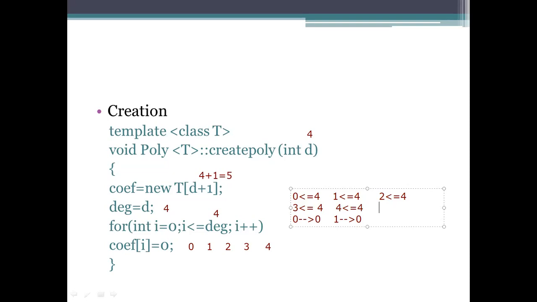After that, 5 less than or equal to 4, which leads to the failure of the condition. Then what happens? It won't consist of any data here. So what is it doing? It is entering the values of